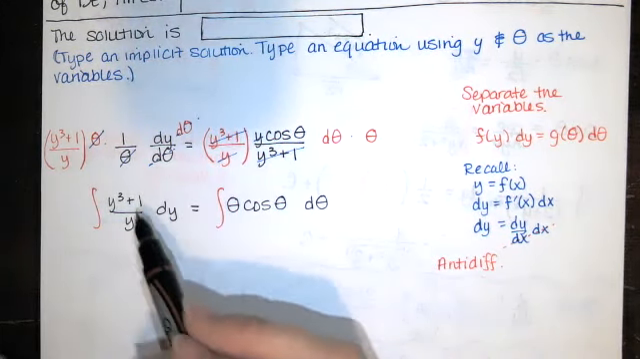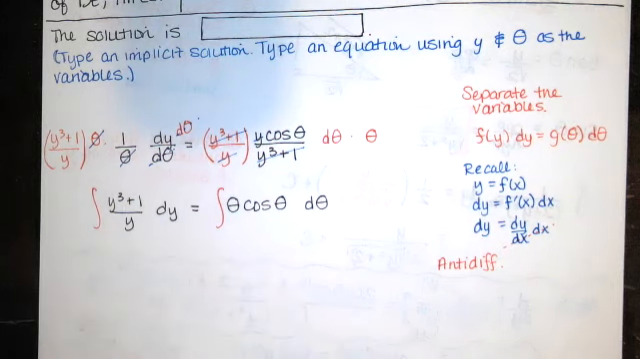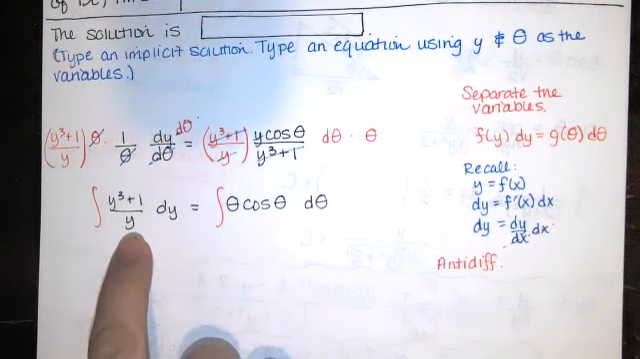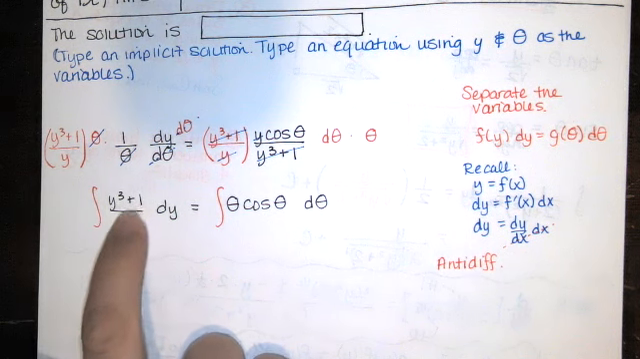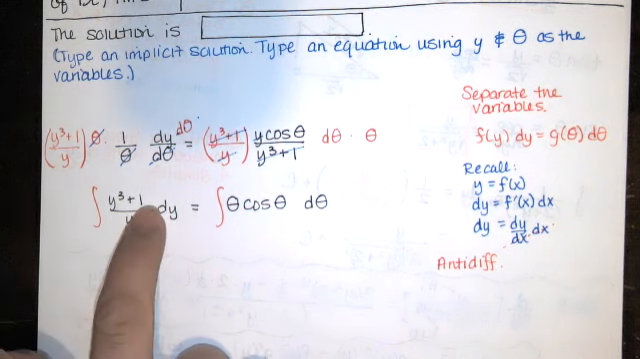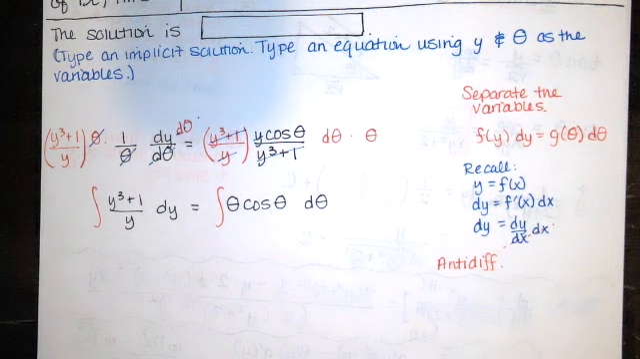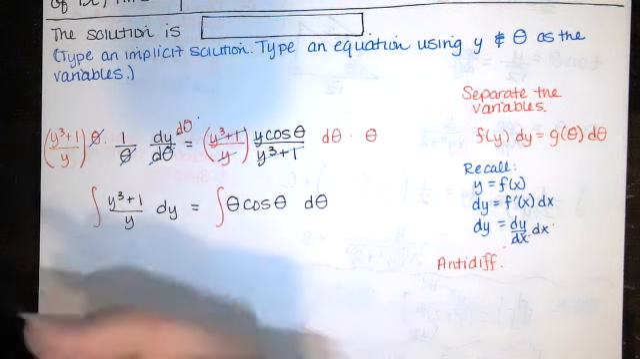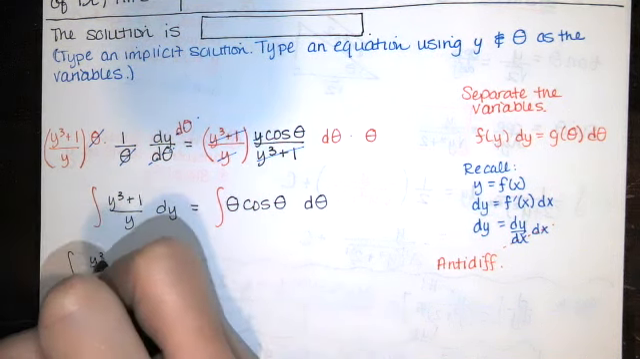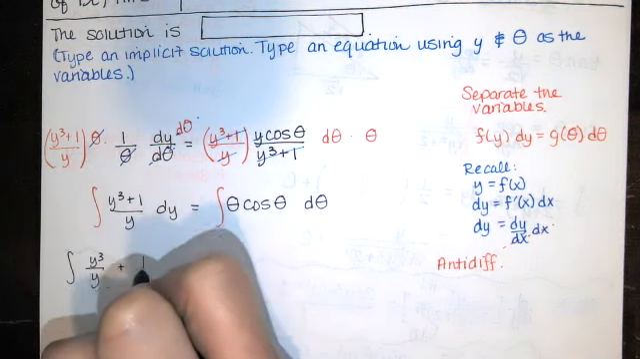Now, in this case, we don't actually have a rule for that. There is no quotient rule for antiderivatives, but this is just a monomial. I've got a polynomial divided by a monomial, so I can take that polynomial term by term and divide it by y. So this is the same as y cubed over y plus 1 over y,